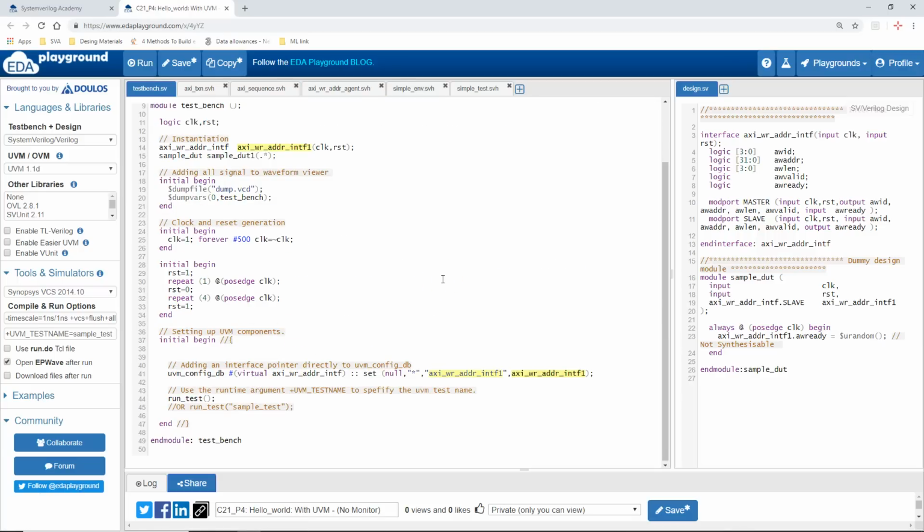So that's it. We have completely written the whole test bench code for the DUT. Now it's time to simulate and see what is happening.